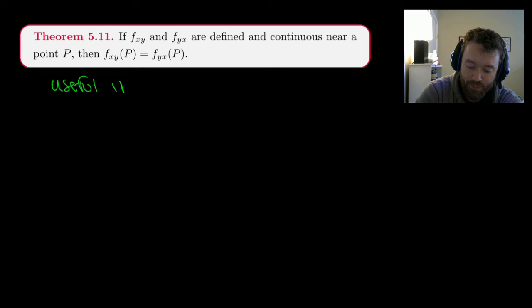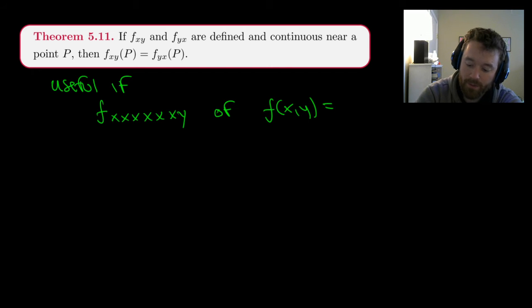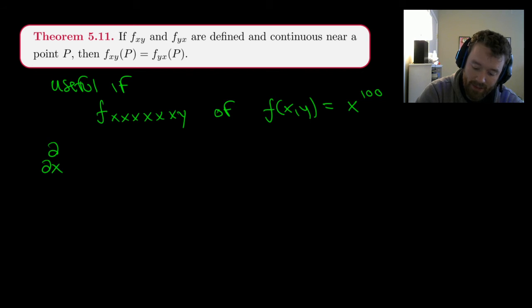It's useful if, for example, I want to compute f x, x, x, x, x, x, let's say 6 x's and then a y, of f of xy is equal to maybe x to the 100 power. Right, on one hand, I could take a partial with respect to x of f, then a partial with respect to x again, x, x, x, x, then y. Or by Clairaut's theorem,